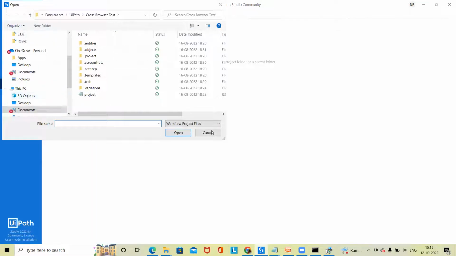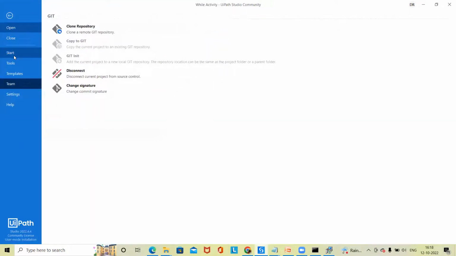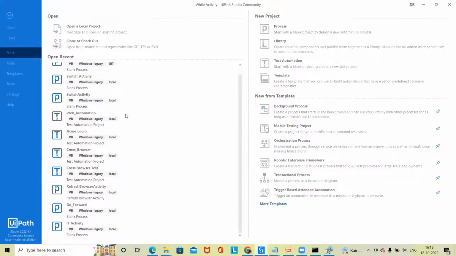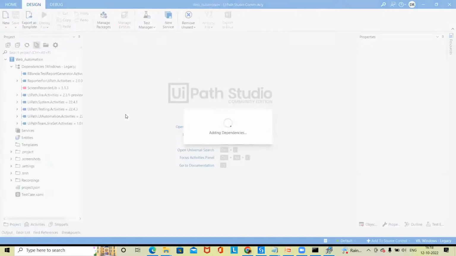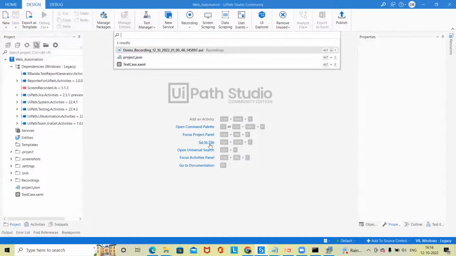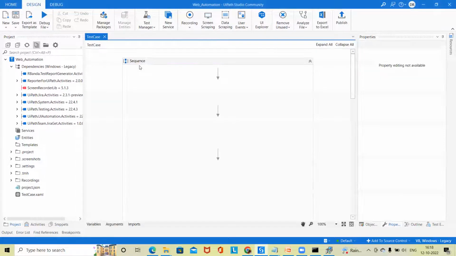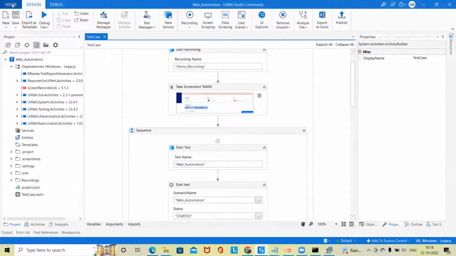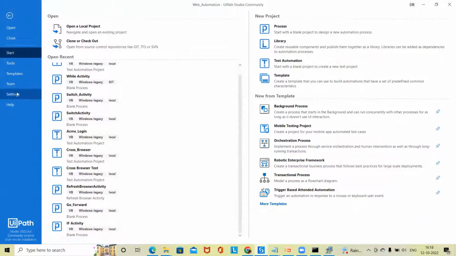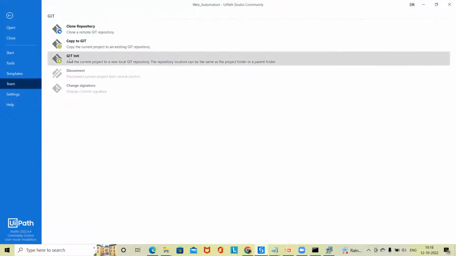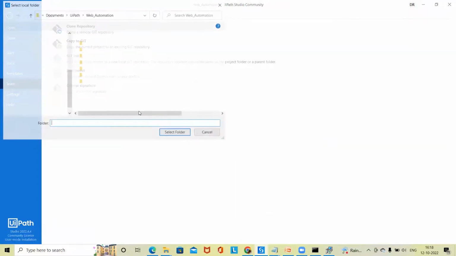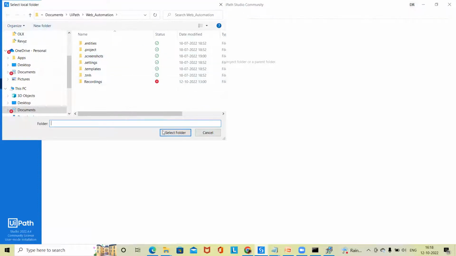Open any code to start. So if I want to add to Git, generally this Git init option is available. So for adding this, I will select